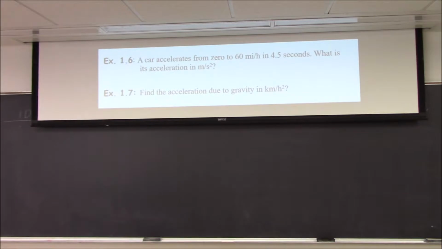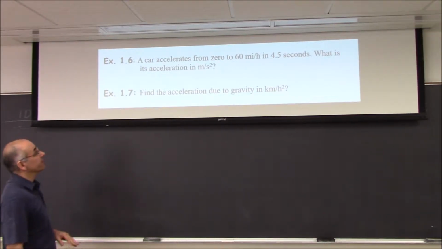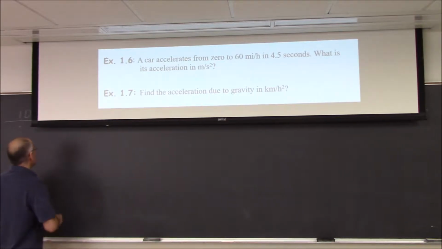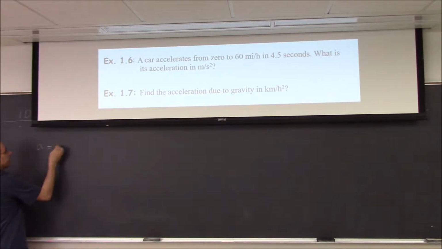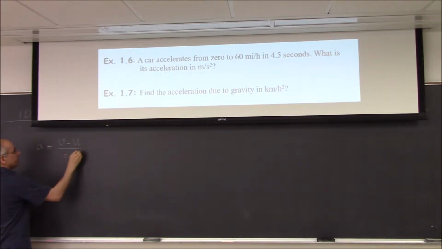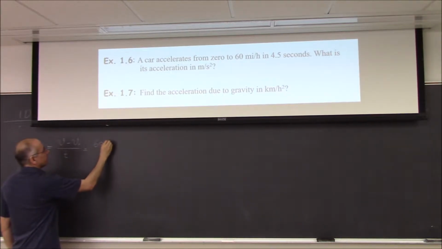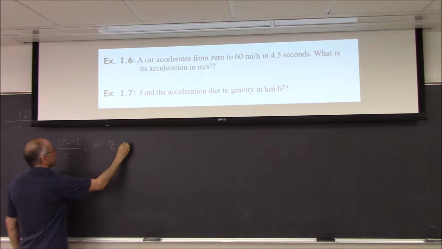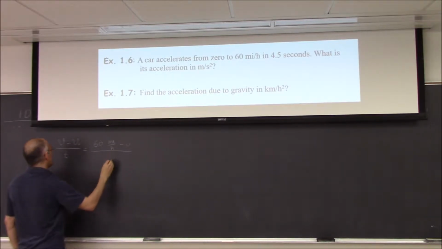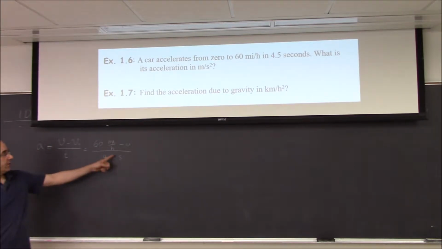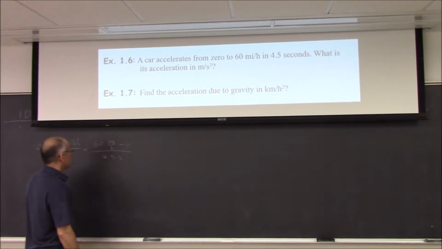A car accelerates from 0 to 60 miles an hour in 4.5 seconds. What is its acceleration in meters per second squared? We know the acceleration is defined by v minus v naught divided by time. So v is 60 miles an hour minus 0, divided by 4.5 seconds. But in order to make it meters per second, we need to convert the miles per hour into